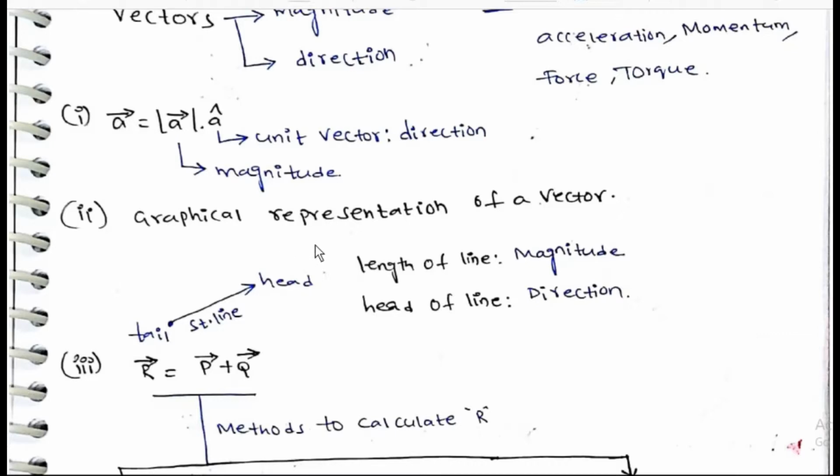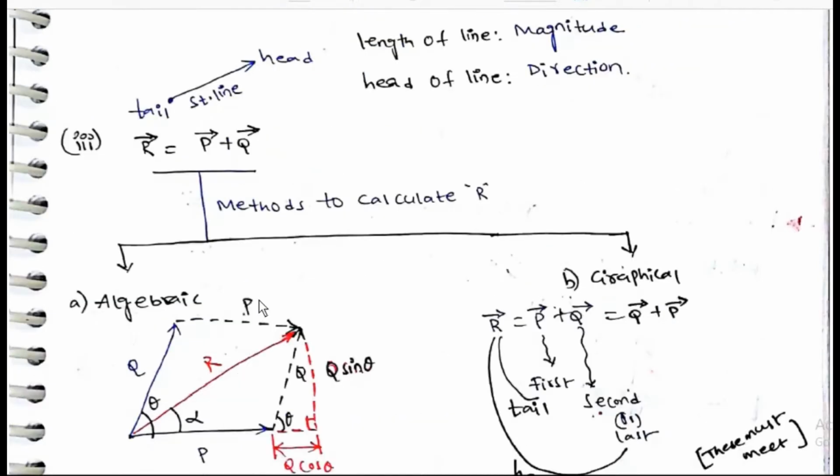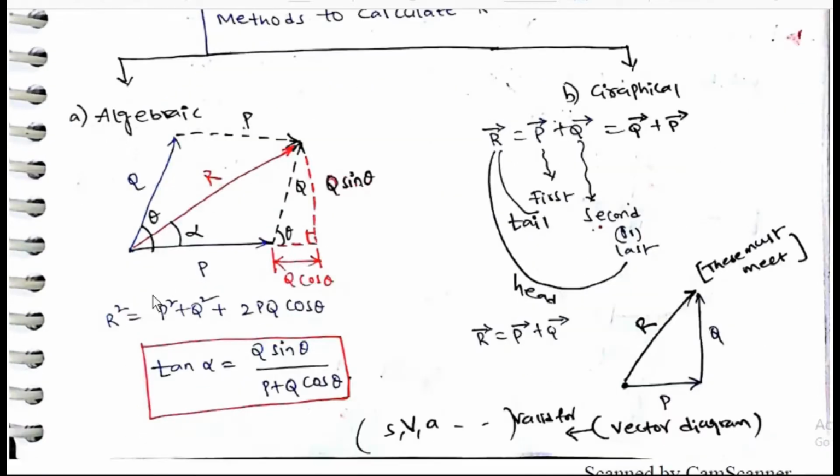Graphical representation of a vector: the length of the line represents the magnitude, the head of the line shows the direction, and the tail is the start of the straight line. R bar is equal to P bar plus Q bar. The method to calculate R is algebraic. R square is